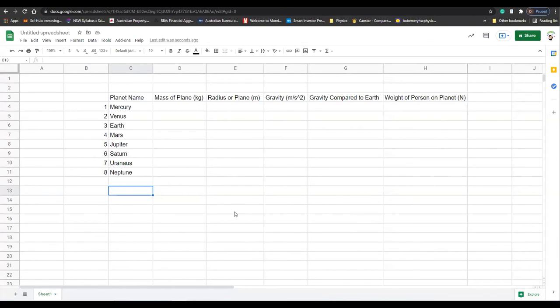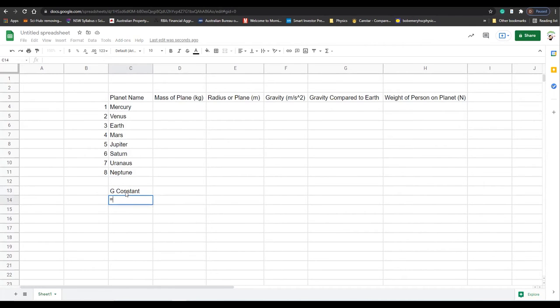Okay, what I want to do is, you can leave this space here if you want to include Pluto, whatever. But I want to leave a constant, which I'm going to use in all my calculations in this spreadsheet. Remember, we're modeling the gravitational forces that occur in each one of the planets. So this is going to be our universal gravitational constant, or G constant. And that is a value of,